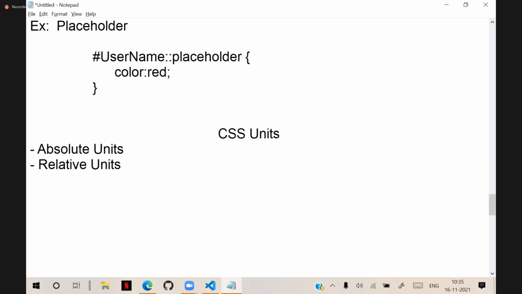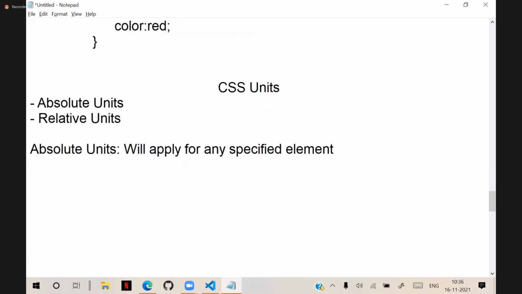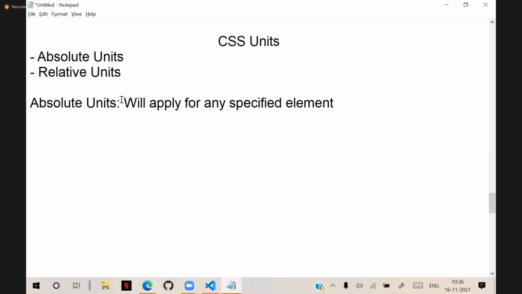We have absolute units and relative units. Absolute units will apply for any specified element. That is absolute units, and we have so many. We can use IN, this is inch, cm, this is centimeters,